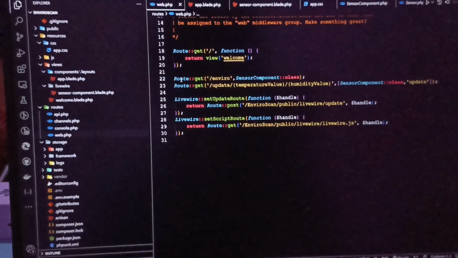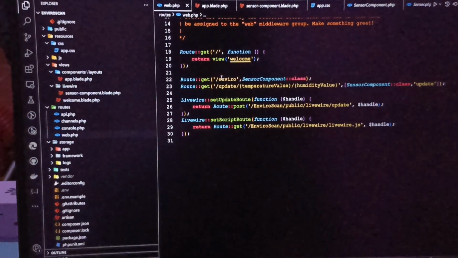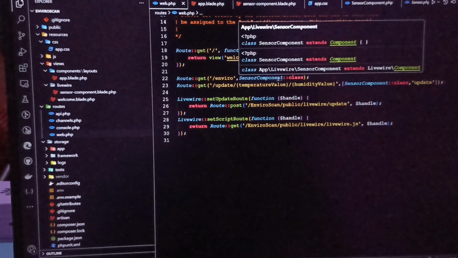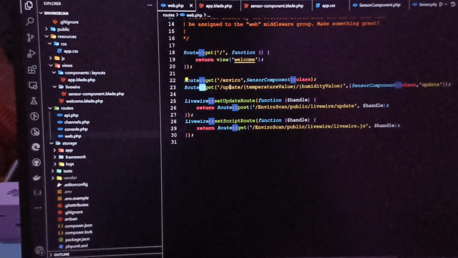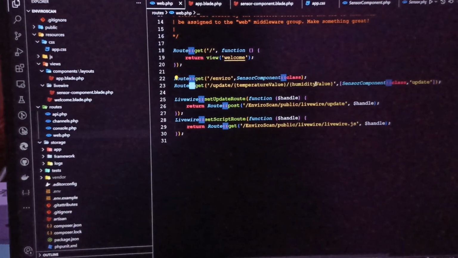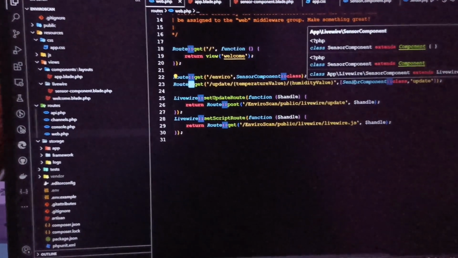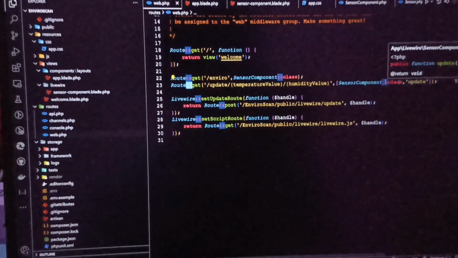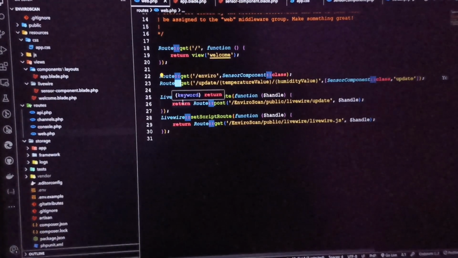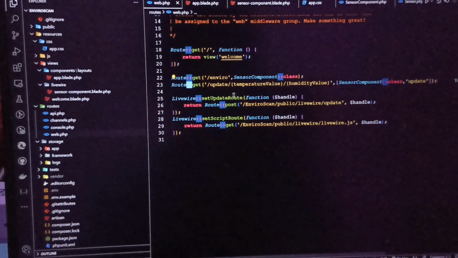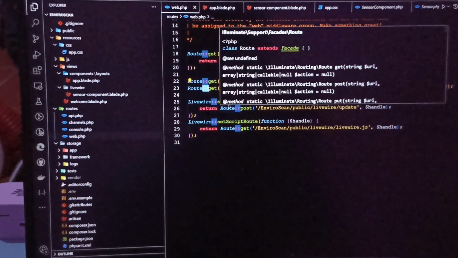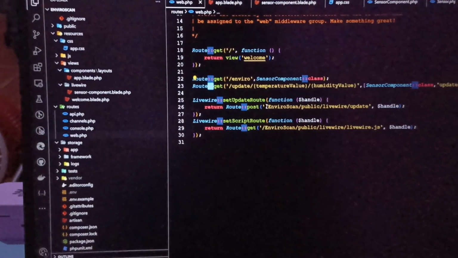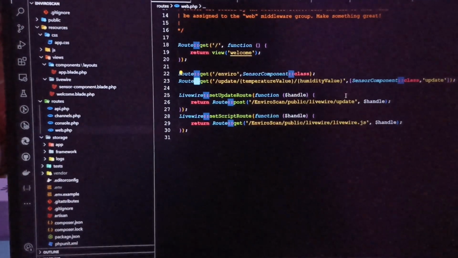And in this root you can get the Enviro sensor component and class. And in this root, this is for the humidity value in the sensor component for update, and this is for the set update root function and return to root post environ scan public Livewire update.